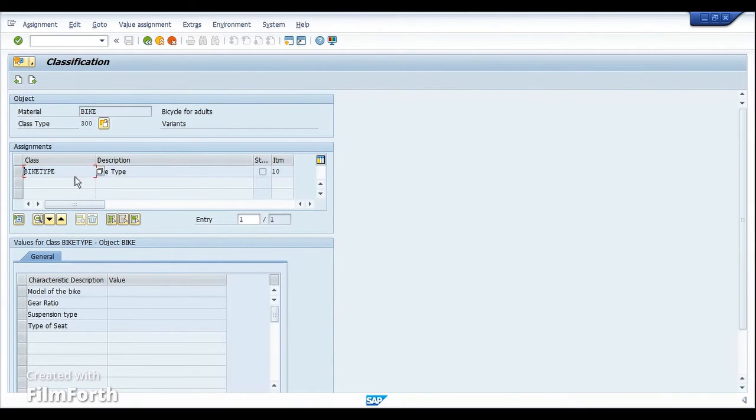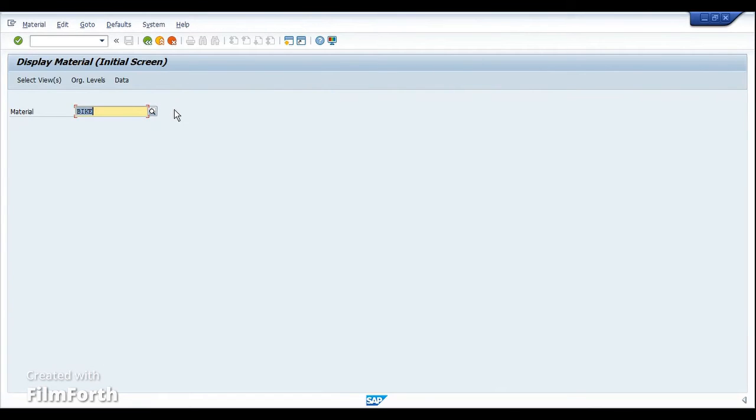This is the class where I have assigned these characteristics, like the model of the bike, the gear ratio, the suspension type, and the type of seat. These are my characteristics, and this is my class. Okay, and if I just come out of the classification view,